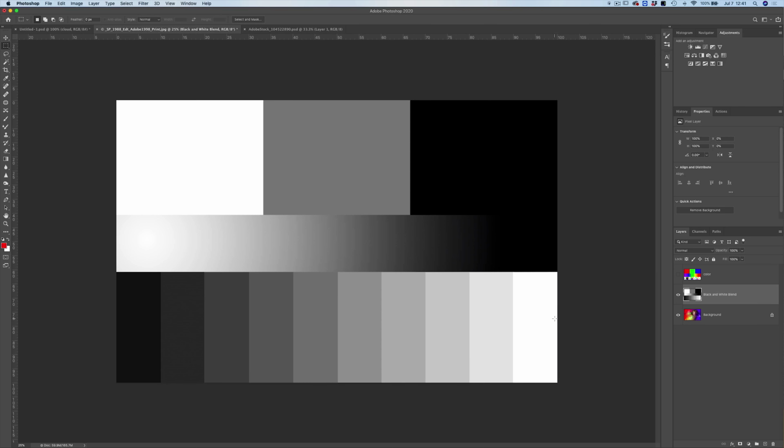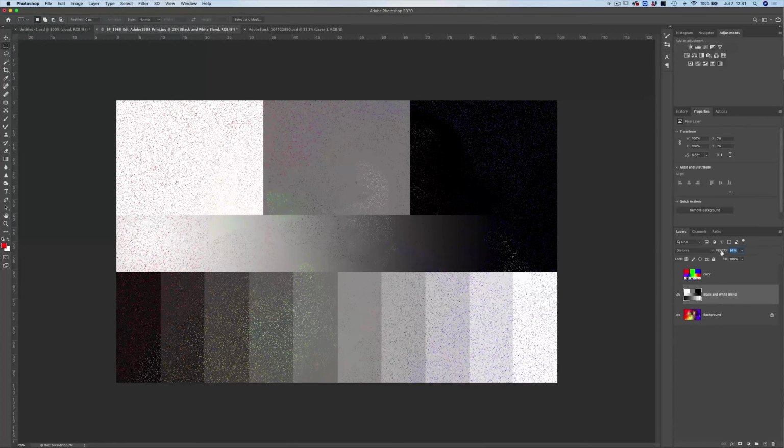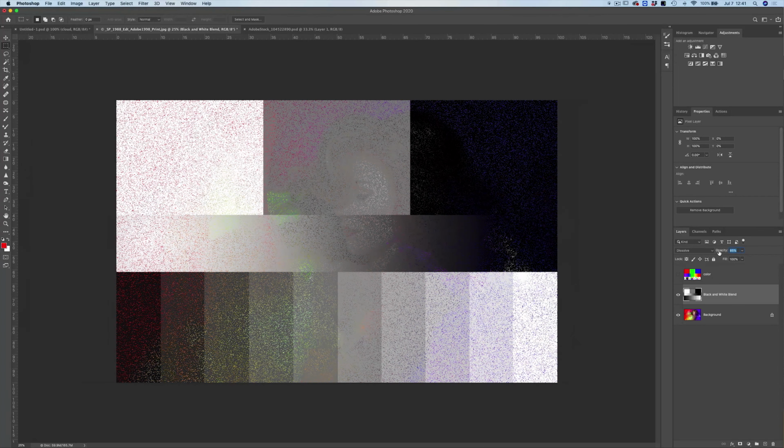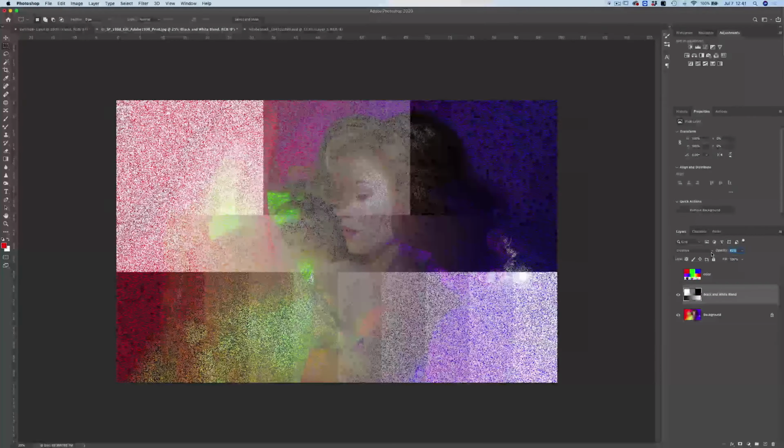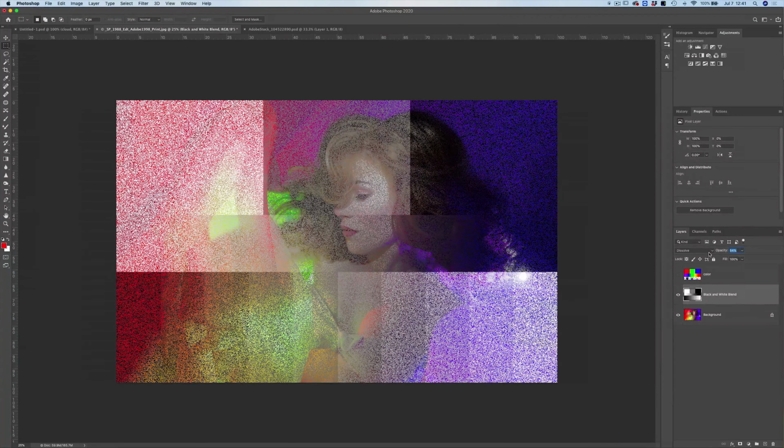all you see is the black and white squares. But if we change to dissolve and we lower the opacity of our dissolve layer, you can see that there's basically specks of our black and white blend layer that are disappearing. As we decrease the opacity, more of the specks of the black and white blend layer disappear.